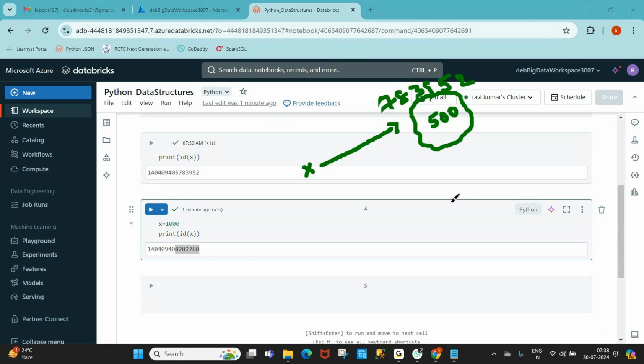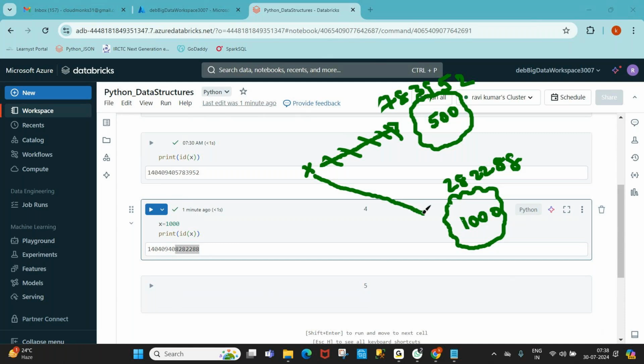Now you are creating another object, and its address, last 6 digits let us say, is 282288. Now this x is not referenced with 500. Now x is referenced with the new address.